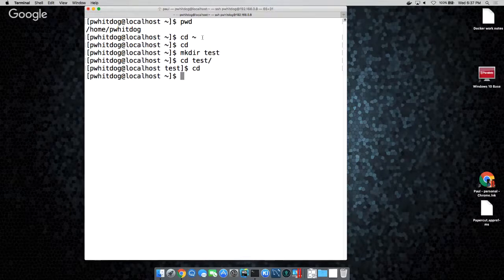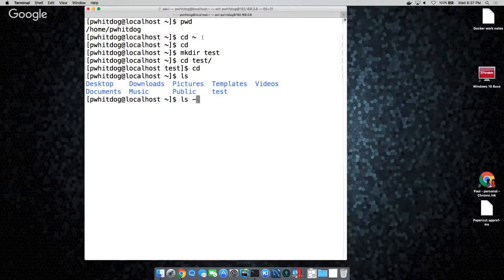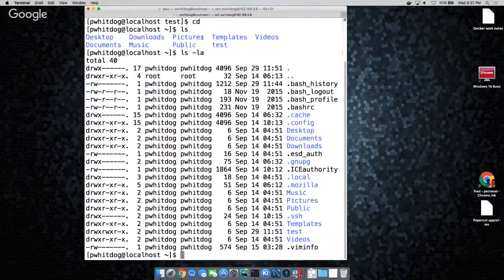Okay, and if you want to show what's there in the command line, in Windows it's called dir. In Linux it's the ls or list command, right? So he's going to ls everything that's in there, and then he's going to jump ahead. The basic ls is the first one, and it just shows all the folders, and then ls -la gives you additional information.